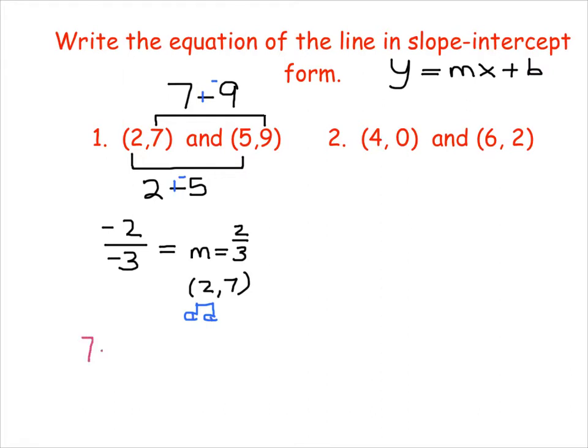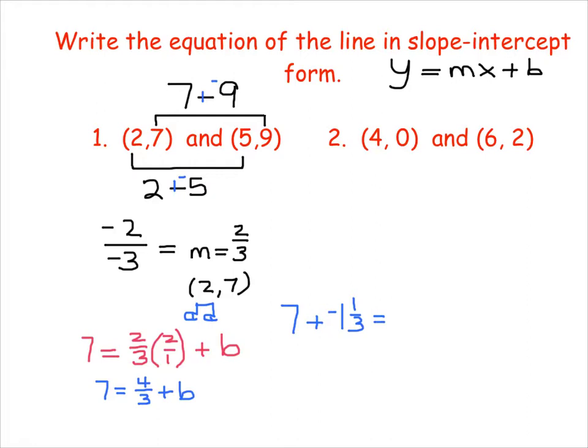I've got 7 as y, 2/3 is m, and 2 as my x, plus b. This gives me 7 equals 4/3 plus b. I'm going to add a -4/3 to both sides, which means I can change that to a mixed number. So I'm going to take 7 and add a -1 1/3. That gives me 6 2/3, and then I would subtract, so that gives me 5